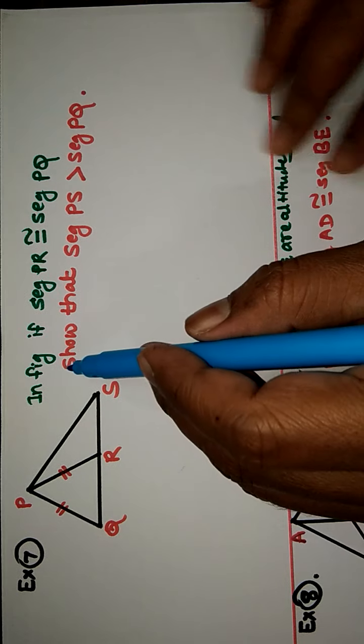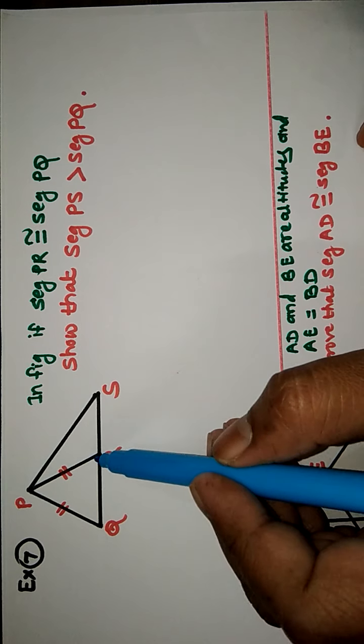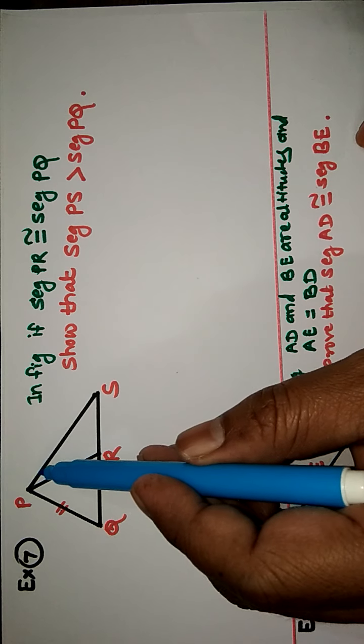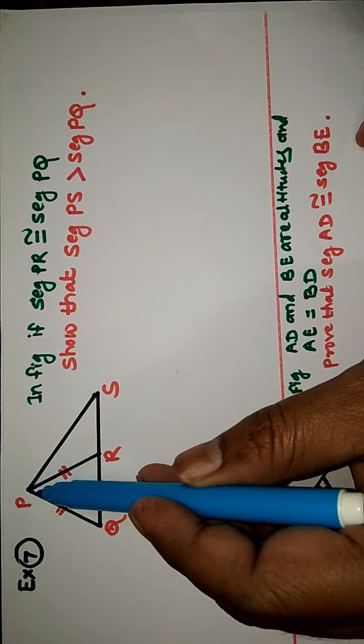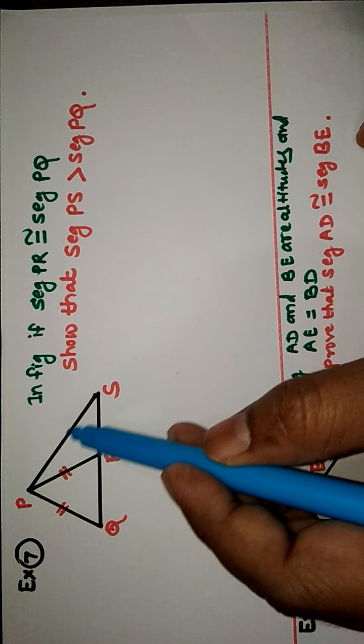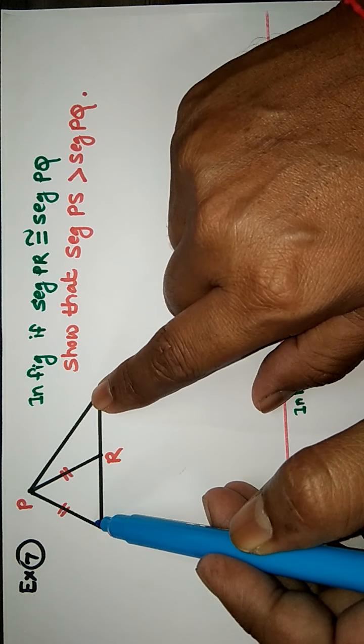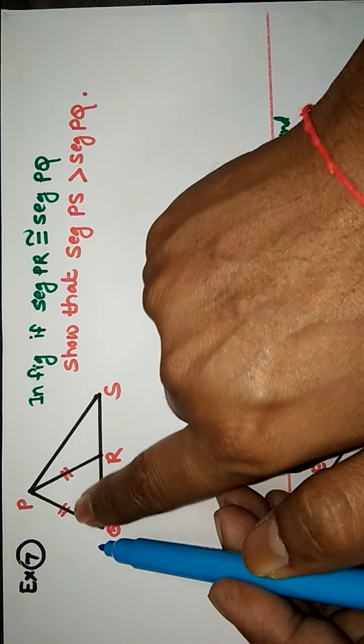Now we study example number 7. In this example, these two sides are congruent. Our aim is to prove that PS is greater than PQ. Now remember that if PS is greater, then its opposite angle Q is greater than the opposite